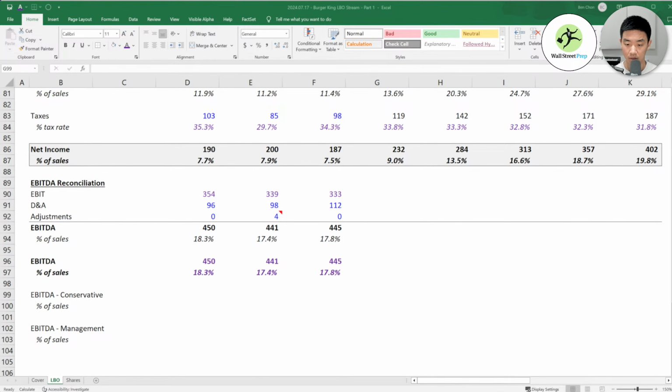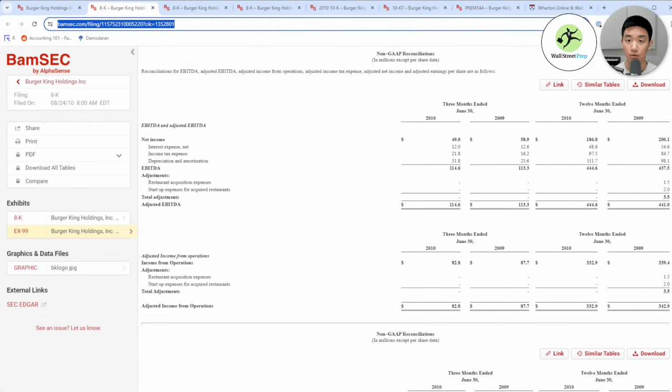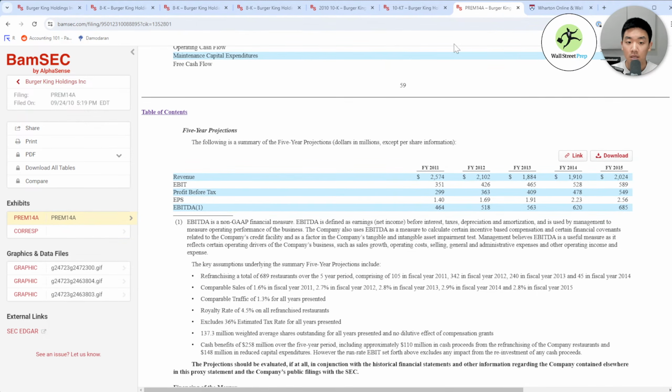All right, so as we went through earlier on, there is EBITDA that's provided by the company. So when we're on our management case, we want to show or use these figures. Whereas if it's the conservative case, we're not using these figures.